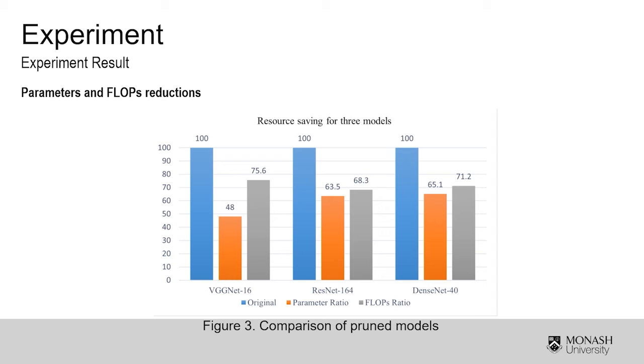For VGGNet, we can find that over 50% of redundant parameters can be permed, while for the ResNet and DenseNet, the perm ratio on the parameters is relatively small, just around 34%. After analyzing, we believe that this is because those two networks are more compact than the VGGNet, and the structures in those models already provide some channel selection functions.